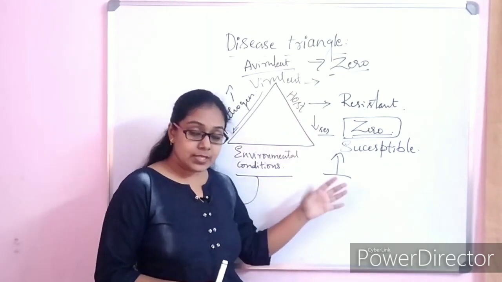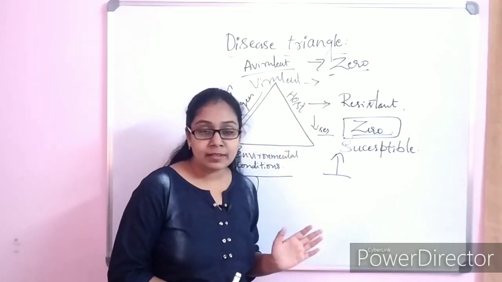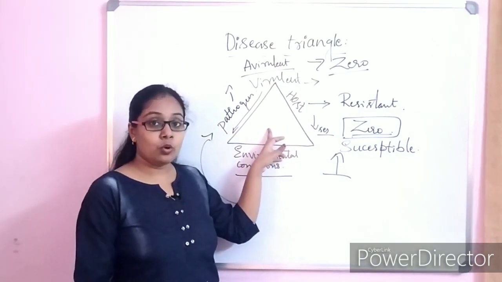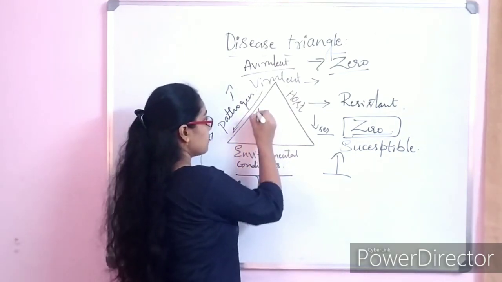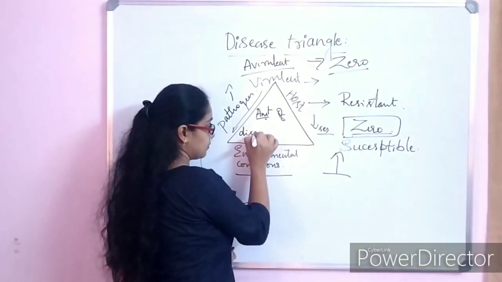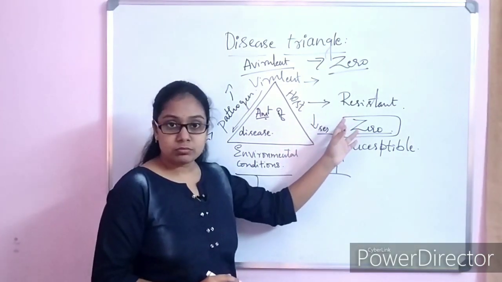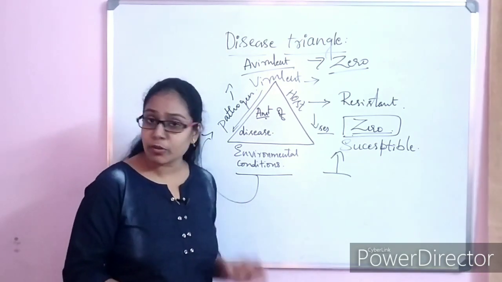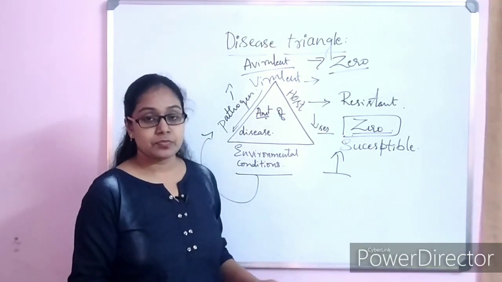See here, if the three components of the disease triangle, that is host, pathogen and environmental conditions, could be quantified, then the area of the triangle would represent the amount of the disease. So this represents the amount of the disease. If any of the components become zero, it may be the host, pathogen or environmental conditions, no disease condition can be seen in the host plants.